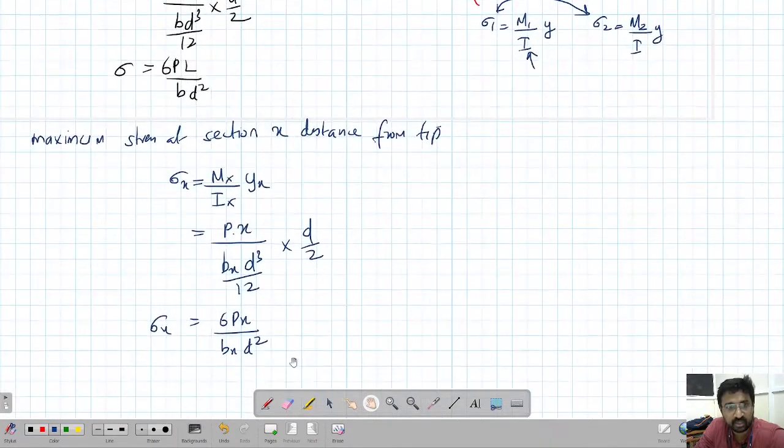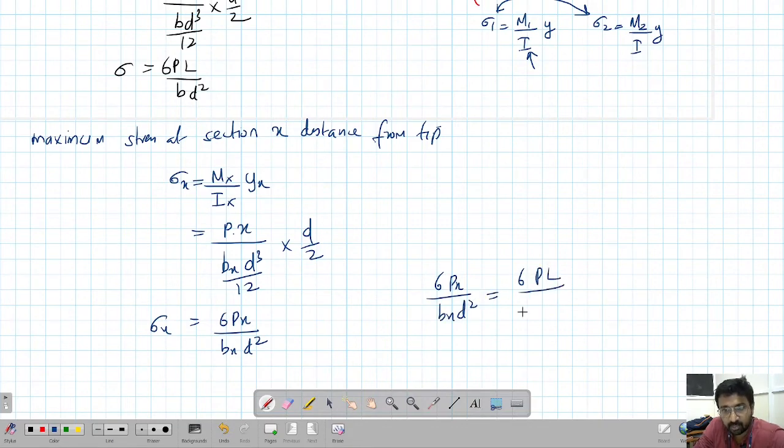Okay, so when I equate these two, what I will get? 6Px upon bx into d square equal to 6PL upon bd square. Okay, so now I can cancel out a lot of terms. So 6P, d square, d square. So that means the width of section at any location. What is remaining is 1 upon bx